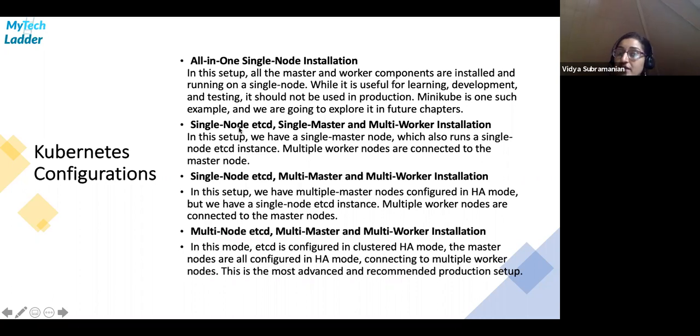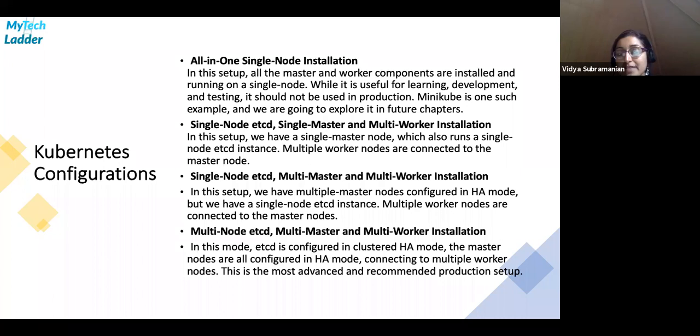Single node, single master and multi-worker installation, single node, multi-master, multi-worker installation, and multi-node, multi-master, multi-worker. All of these are possible, and when you do have something at scale, especially from the availability perspective, you will definitely be configuring at least single node, multi-master, multi-worker, so that you have a production setup that is highly available.